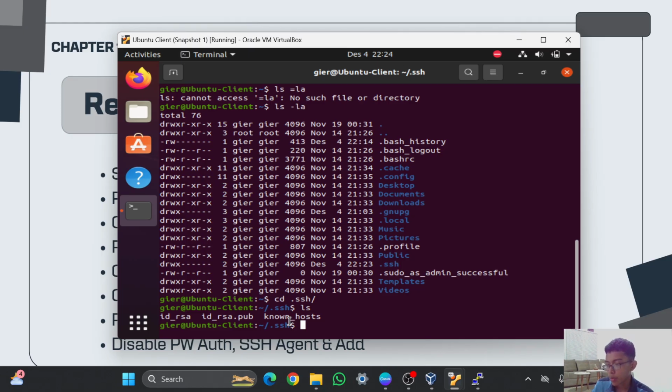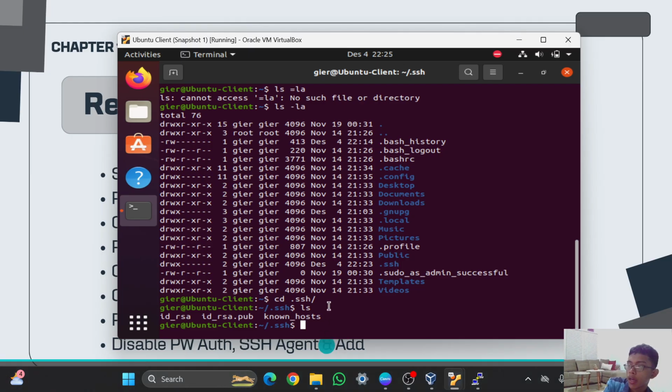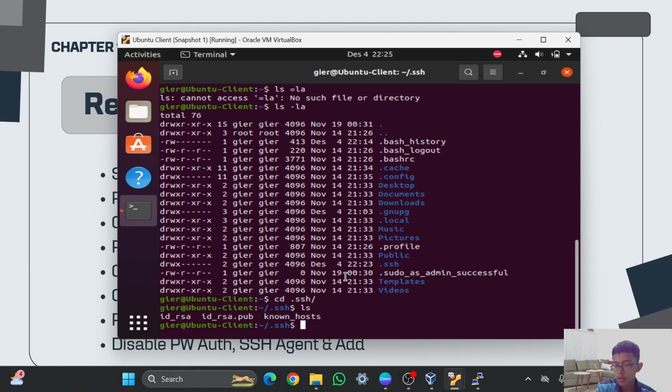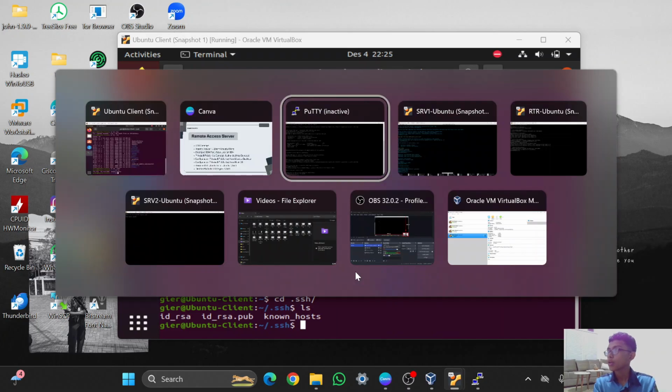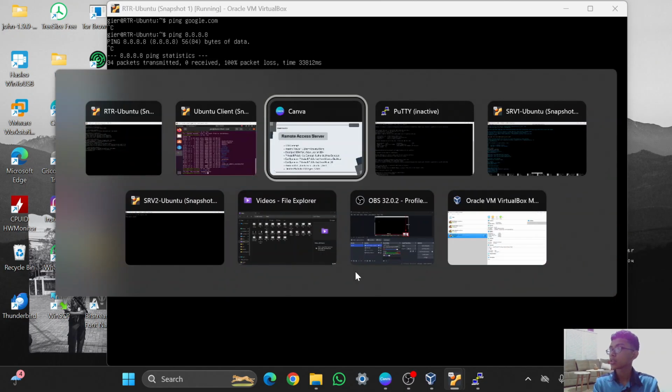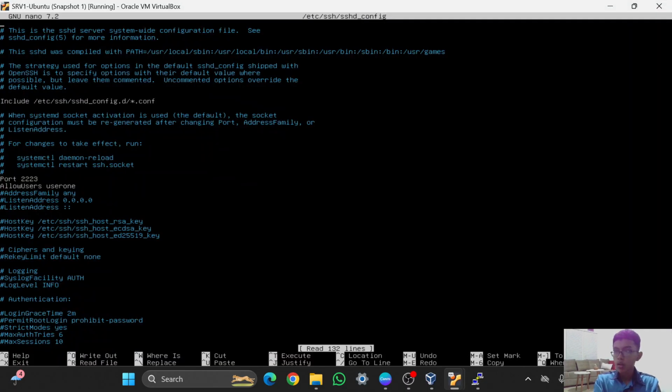To upload it, we need to know the password and the IP of server 1 and also server 2, and you have to make sure that both VMs can ping the internet using a domain. I will try it first on server 1 Ubuntu.